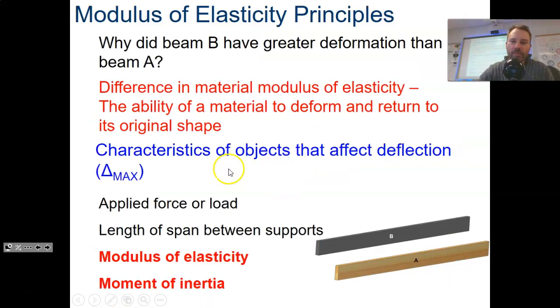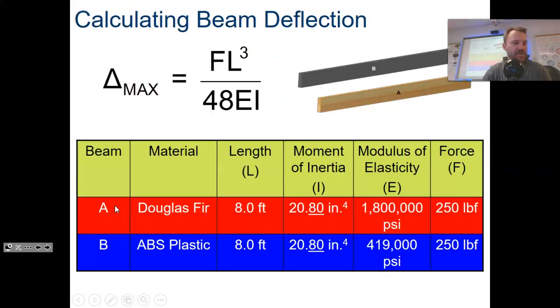And what we call how far they bend, delta max. Delta is a Greek letter. It means change. So delta means how far is that changing when it is deflecting and deforming? What's the maximum, max delta? How far it stretches. So we can actually calculate how far a beam is going to deflect through this equation